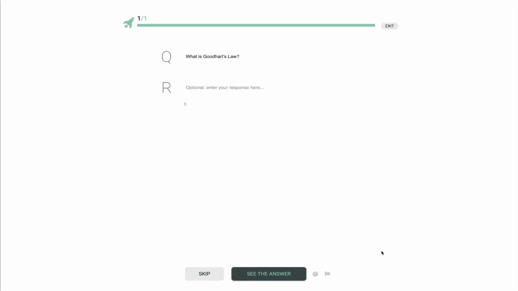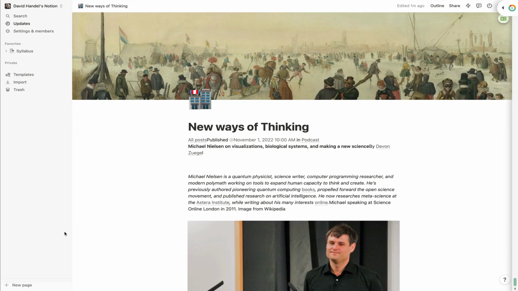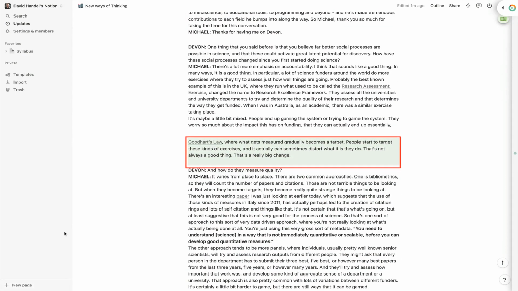those notes. As usual, when you practice memory retrieval, if you struggle to recall the answer, you can click the source button and your Notion note will open in a new browser tab and scroll to the relevant location on